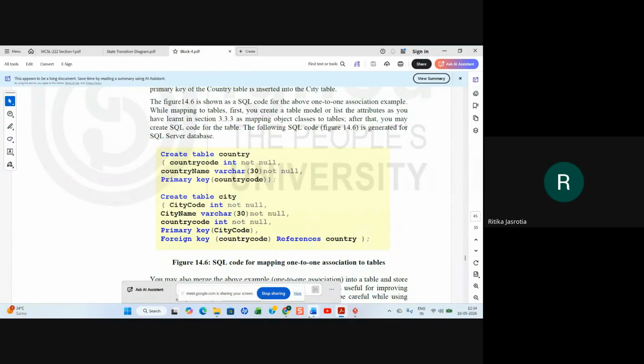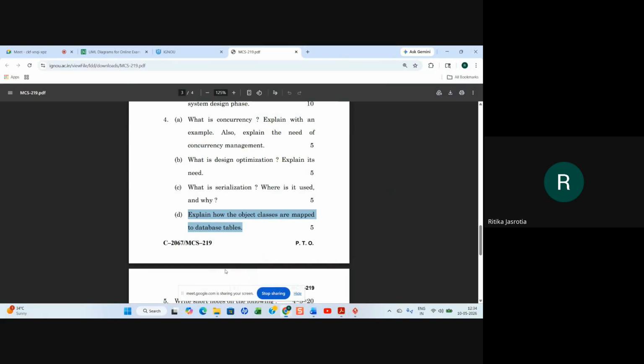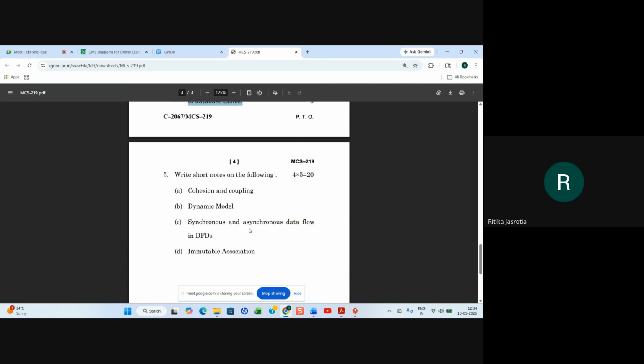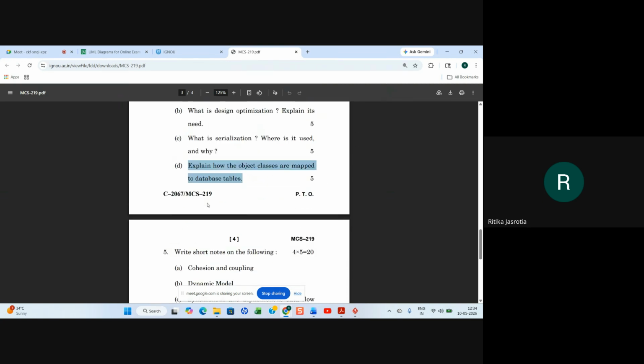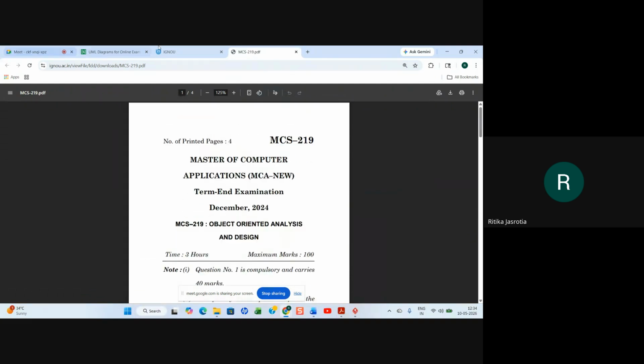Can you understand? This is what they are asking. Explain how the object classes are mapped to database tables. Then write short notes on the following: coupling, dynamic model, synchronous, asynchronous data flow in DFD, and immutable association. Right? These kinds of questions have been asked in your theory paper.